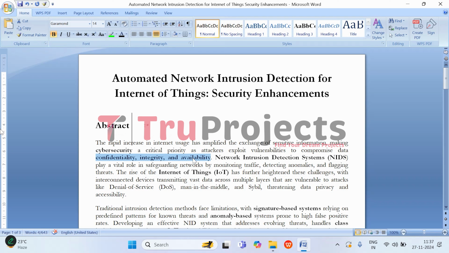To protect against these threats, network intrusion detection systems are used. Think of them like a security system that monitors network traffic, looking for unusual or suspicious activities that could indicate a cyber attack. They can help in identifying when something is wrong, so the issue can be addressed before it